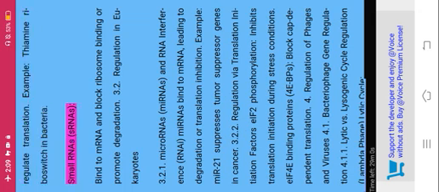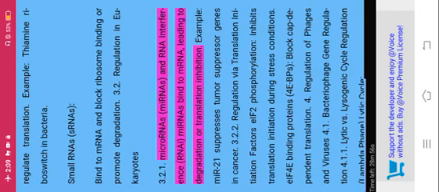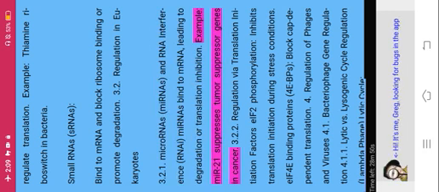Small RNAs, sRNAs, bind to mRNA and block ribosome binding or promote degradation. 3.2. Regulation in eukaryotes. 3.2.1. MicroRNAs, miRNAs, and RNA interference. miRNAs bind to mRNA, leading to degradation or translation inhibition. Example: miR-21 suppresses tumor suppressor genes in cancer. 3.2.2. Regulation via